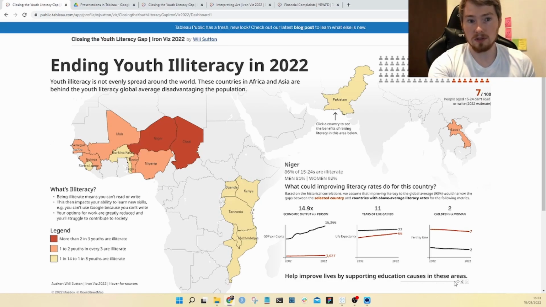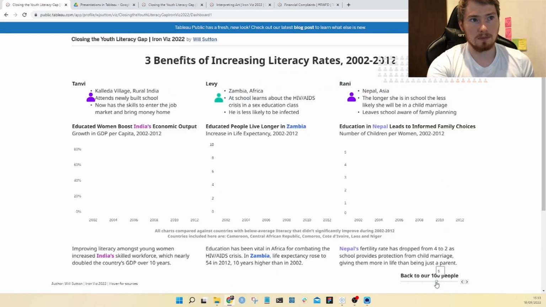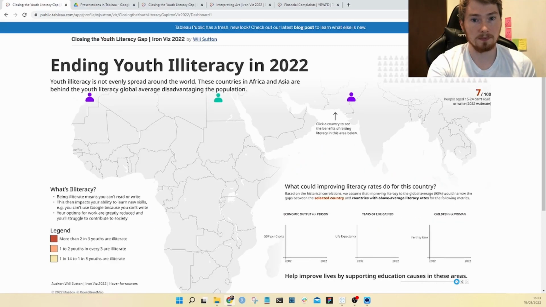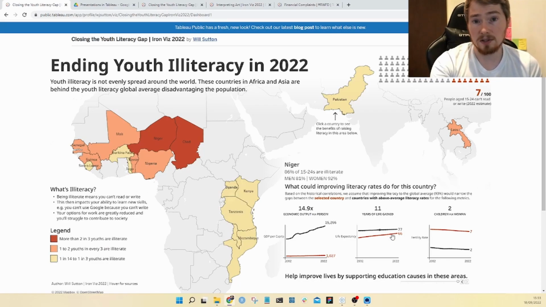Earlier you would have seen on slide 5 we talked about those benefits of literacy. We're now using those as KPIs to say what the benefits could be for this country if they were at the global average for literacy rates, which fills out this section at the bottom here, this KPI, if you like.